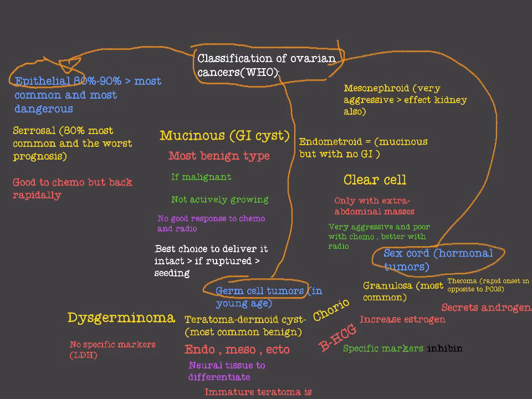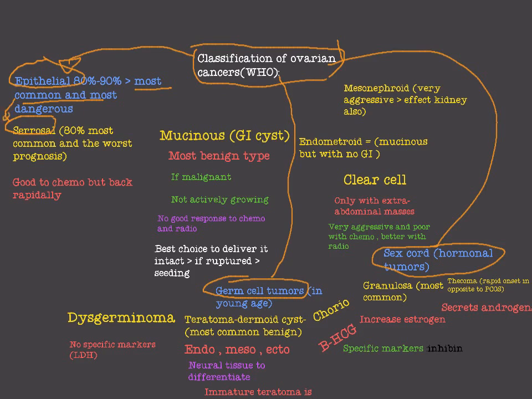Let's start with the epithelial tumors, which constitute about 80 to 90% of all ovarian tumors. So it is the most common among all, and it is also the most dangerous. What are the subtypes of epithelial type ovarian cancers? The first subtype, and the most common also, is serous